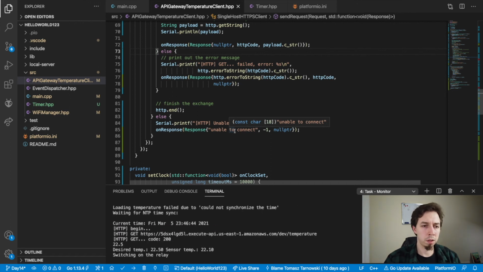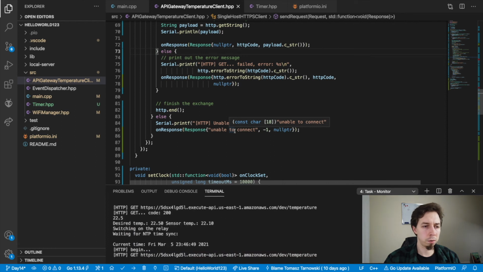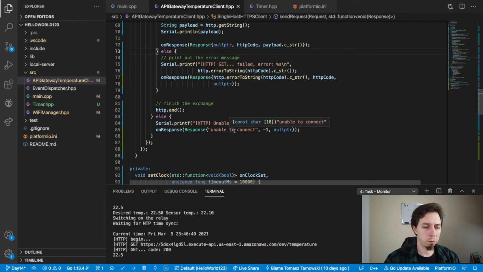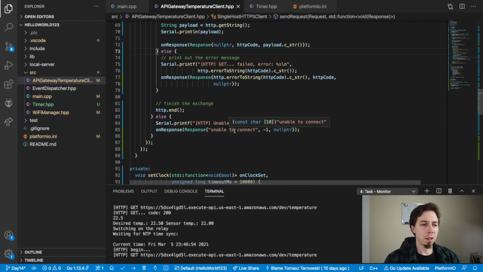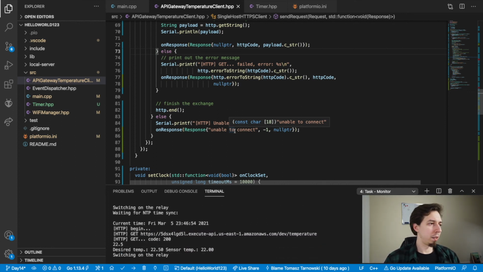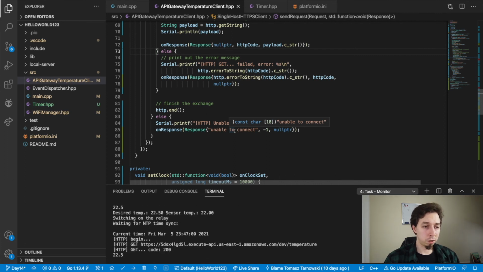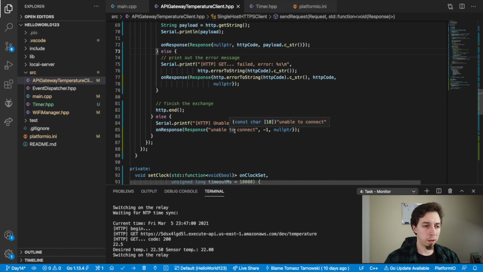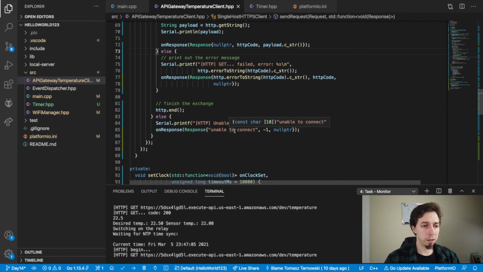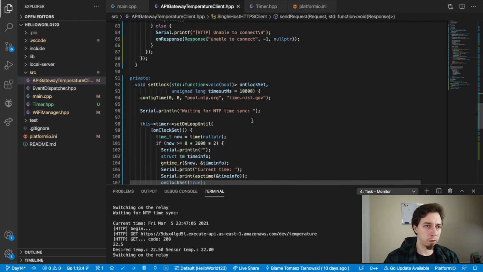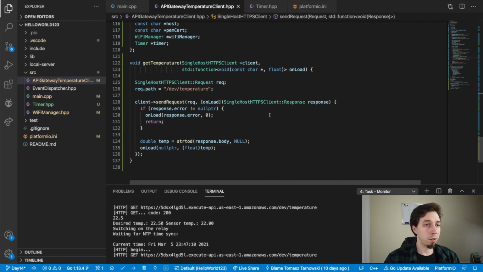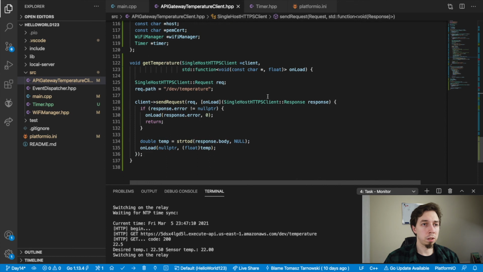Okay, so you see, now this is all working, right? We get the temperature, 22.5. So yeah, finally success after all this struggle that I had with that. We're finally getting temperature. The code is a little bit better organized. This is still not ideal, but